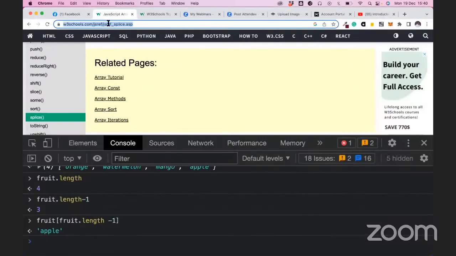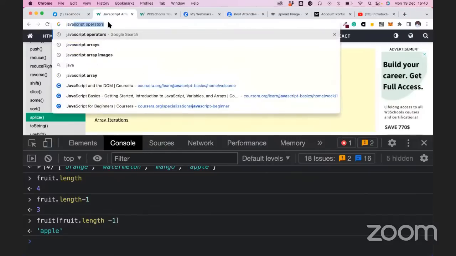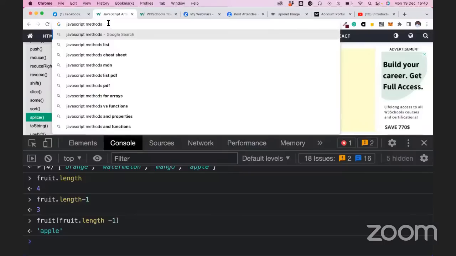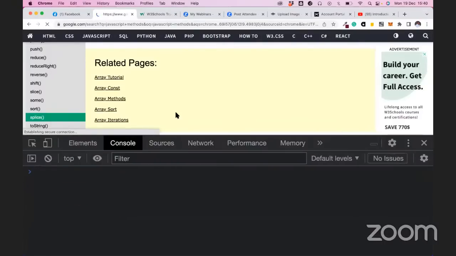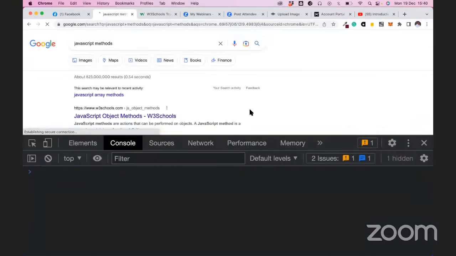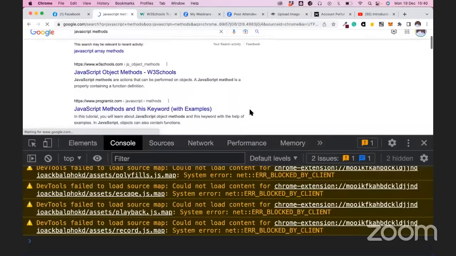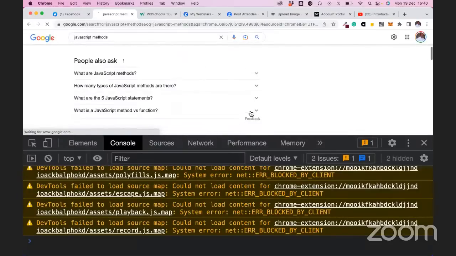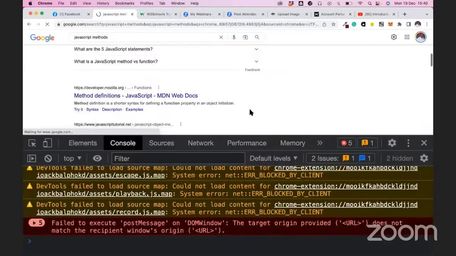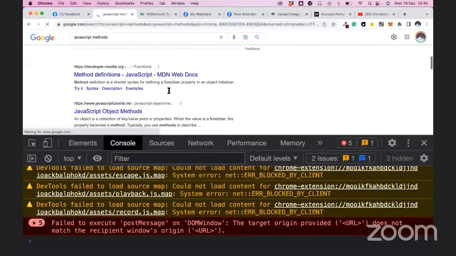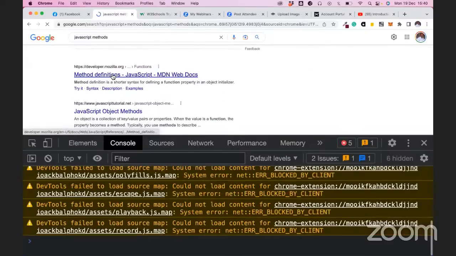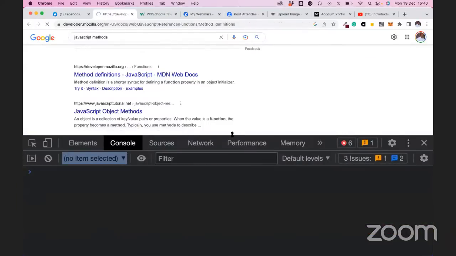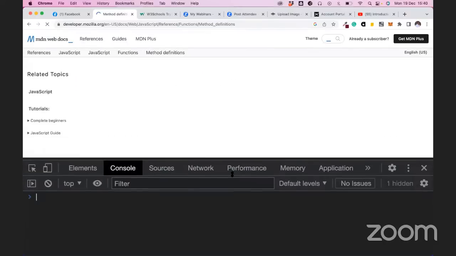Let me search JavaScript method. The most authoritative place will be the Mozilla Foundation. It is the most authoritative place for most of the